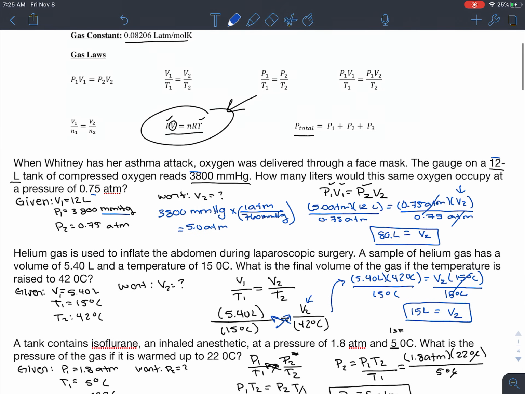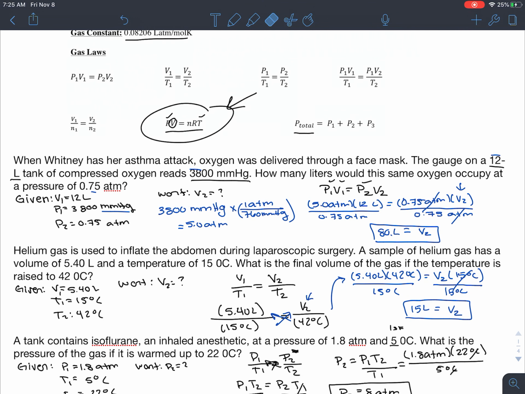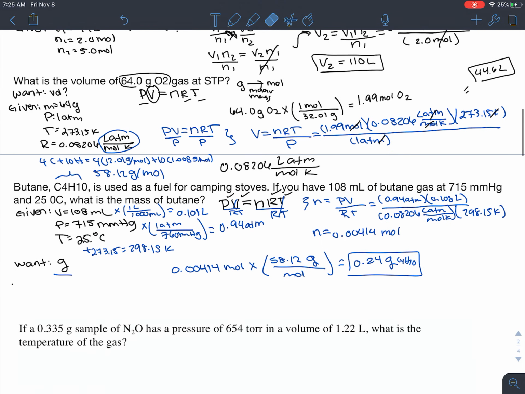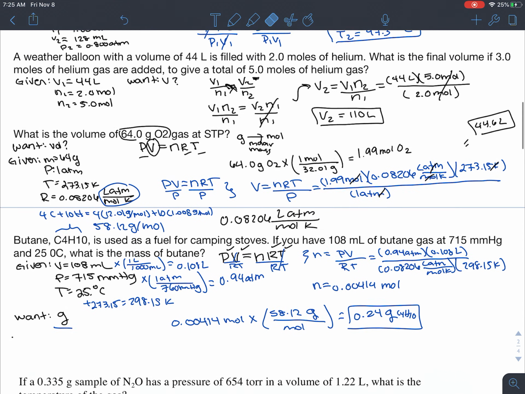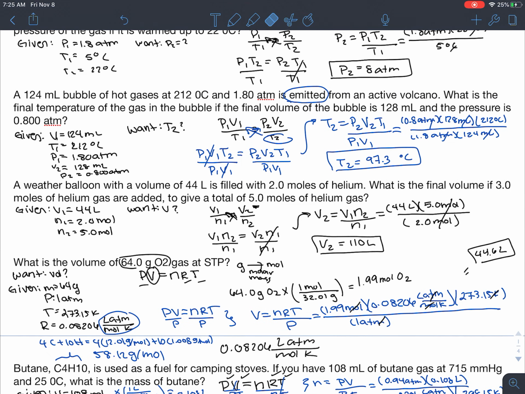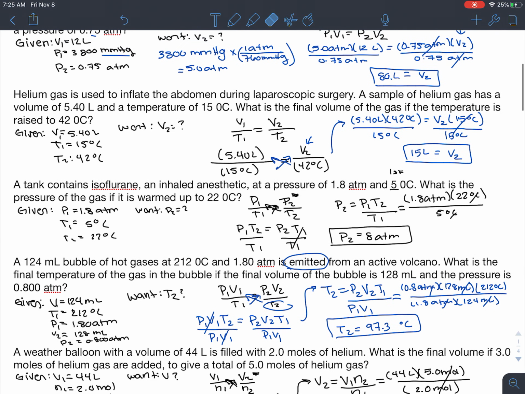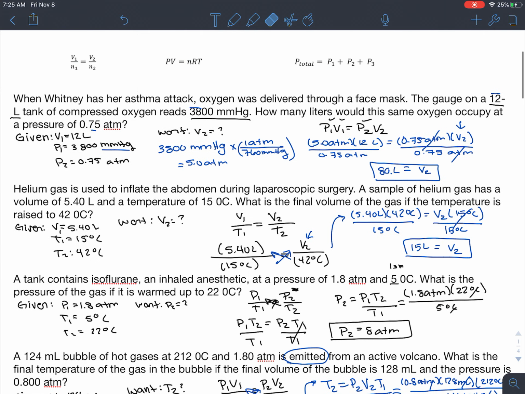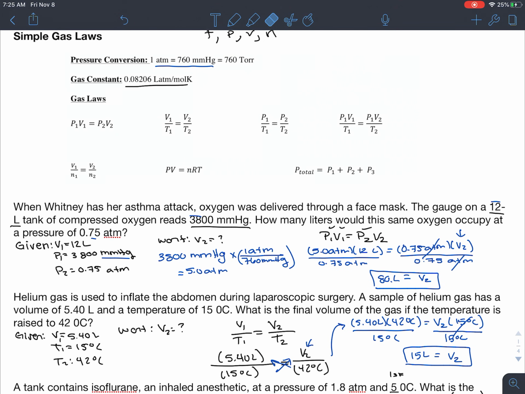So the best way to go about solving all of these different equations is to just look at the variables that you're given and isolate for whichever equation you need. Once you determine that you don't have more than one pressure, volume, temperature, or moles of gas, ideal gas is a good bet to go. Whenever it says that you have a mixture, you'll have to go with the mixture. So then the next step is, okay, are all my units the way that I need? Do I have to cancel anything out? Well, you only do, like in our first one, if they wouldn't cancel out, or in the ideal gas law equations, if they don't add up to the units of the gas